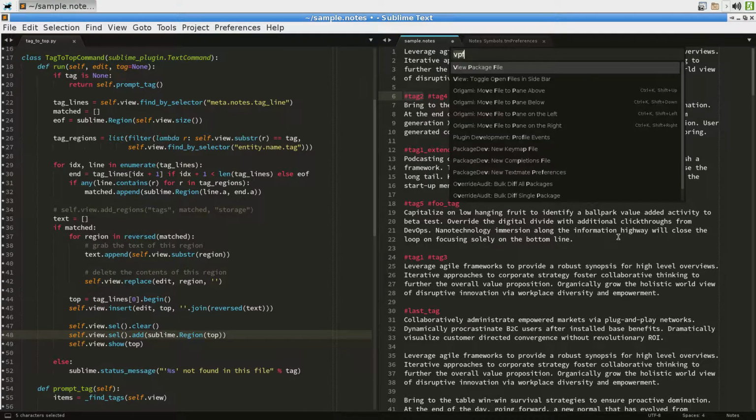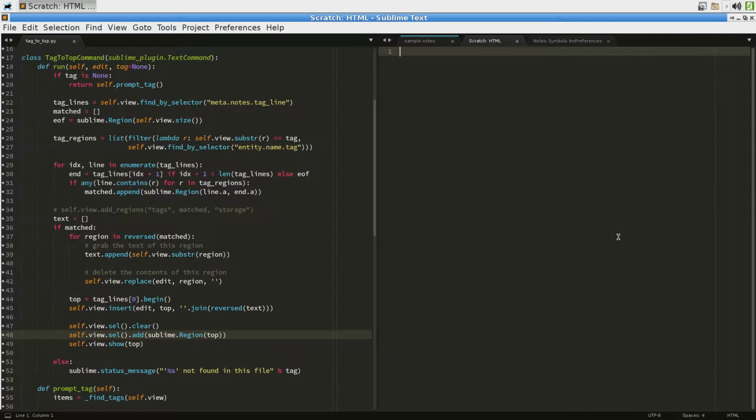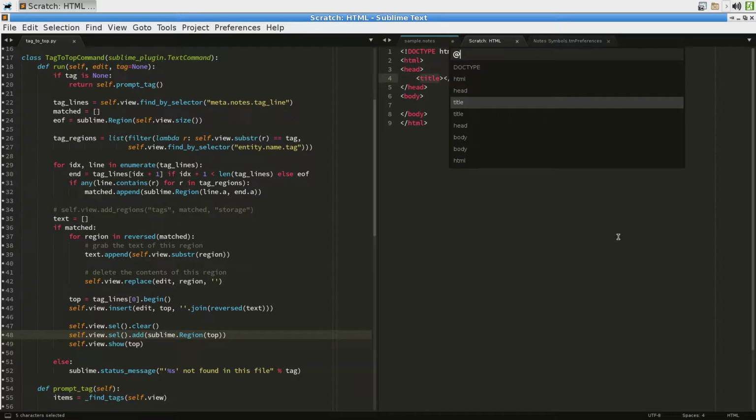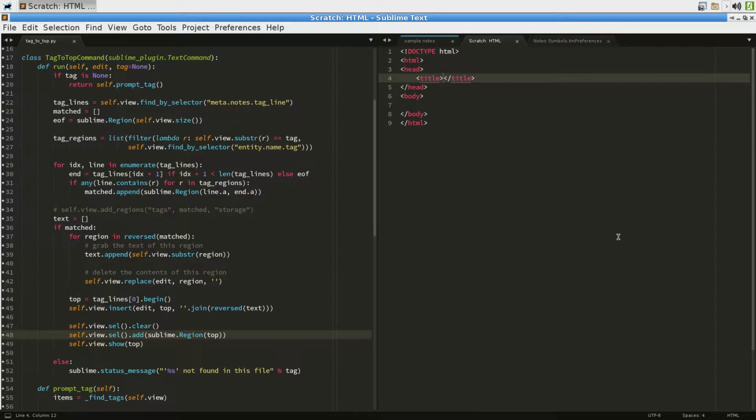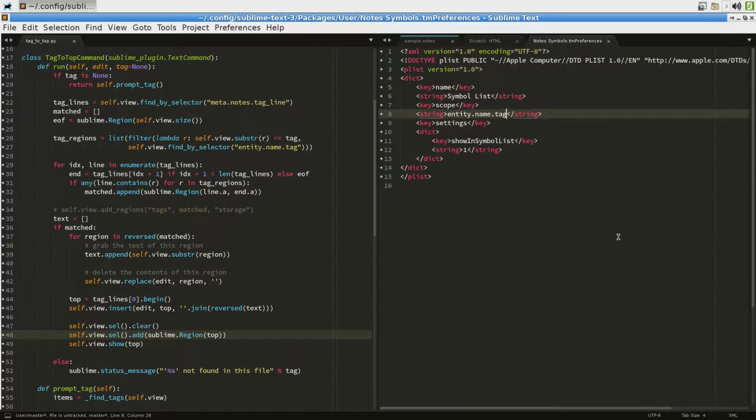And the same is true from here. If we were to create an HTML file, we are seeing the tags in this file. Maybe that's interesting to somebody. I don't think it's a particularly good idea myself, but we can totally fix that by coming over here and adding on to this tag to say not just